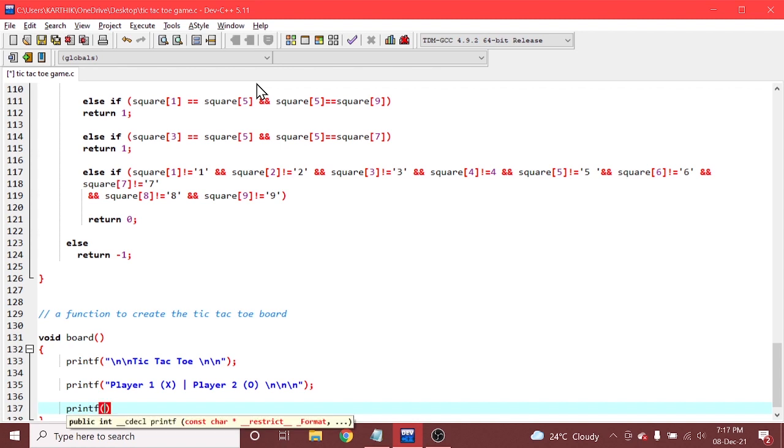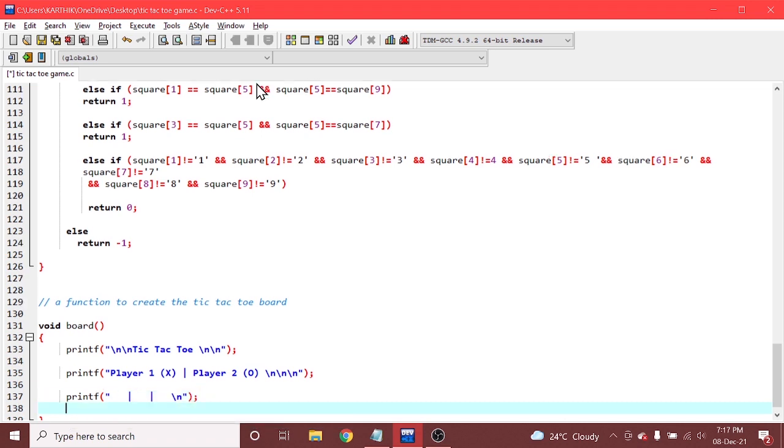We are creating a board like this. You just check it here. I'll give a tab space here instead. Tab space align, tab space align, and again one more tab space, giving a new line. And I'm printing %c, %c, and again %c, and we are keeping a slash in here.